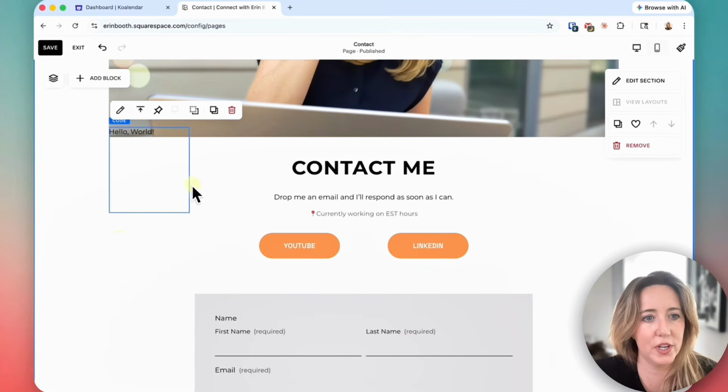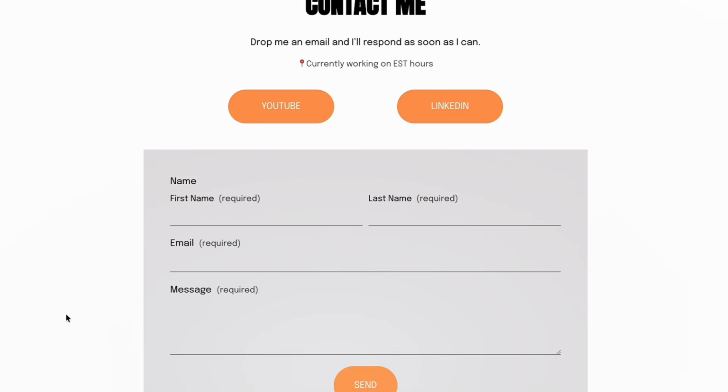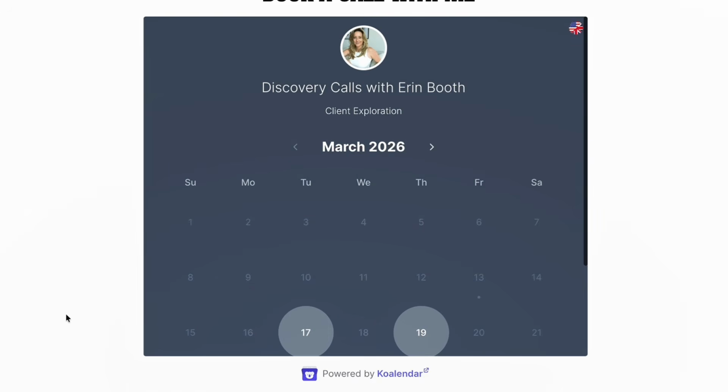Find your code and paste said code. Let's check out the final product. I pasted my code and the code is here